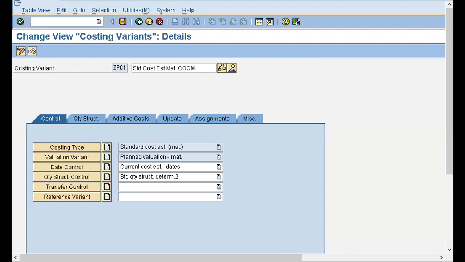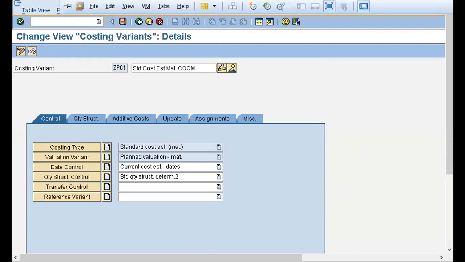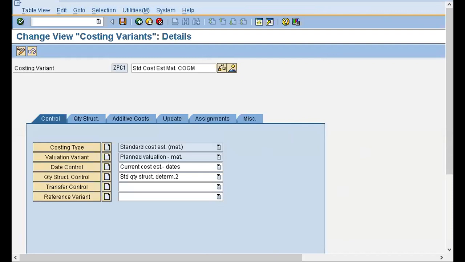Today in this video, I'll teach you the configuration of COPA. I hope you are able to see my screen. I'll teach you the basic configurations of COPA, and that is being done in the OKTZ transaction. But before that, let me tell you, COPA is the controlling and profitability analysis. This is what the full form is. Now I'll go and do the configuration.